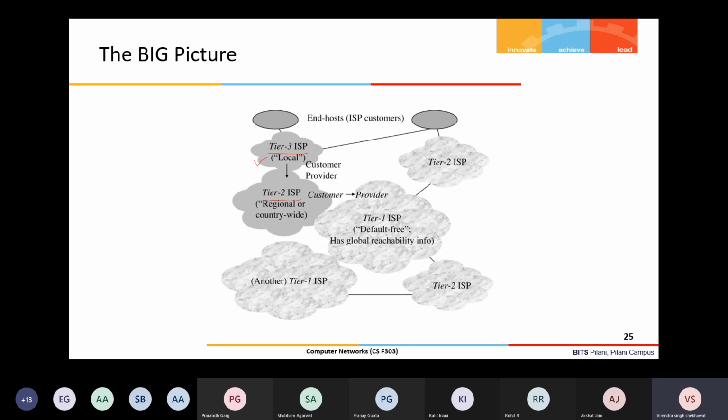Now the thing is that these autonomous systems, like these ISPs, are connected in some fashion. It's not that tier 1 has to connect to tier 2 only, or tier 1 can connect to tier 1 and so on. That completely depends upon the mutual agreement or mutual relationships between the two autonomous systems, how they want to connect. In general, the two connecting points, if you remember, are an exchange point, or a direct peer-to-peer link. But in some fashion, they need to interconnect.